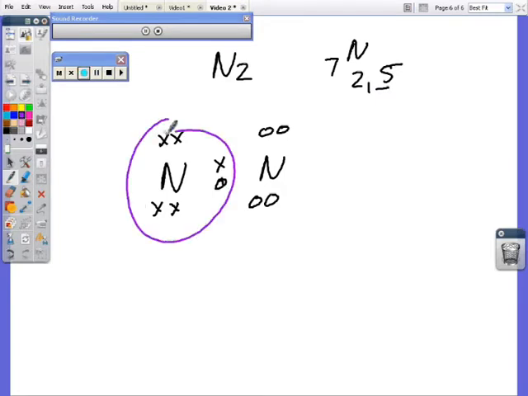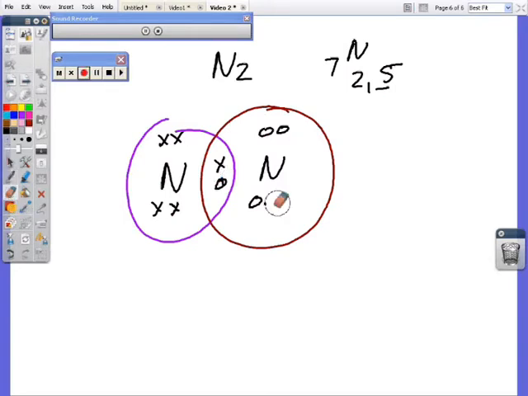Draw in our Venn diagram to show what has got a share of what. And if we look at it, each nitrogen has 1, 2, 3, 4. Well, they've only got 6. That's no good. So the rule is that we just simply take another one from each. And when we take another one from each, let's just pop them in there, and that leaves us with 2, 4, 6, 7 electrons in each. No good. Again, we simply remove another one, and then we put that into the bond, and we have got